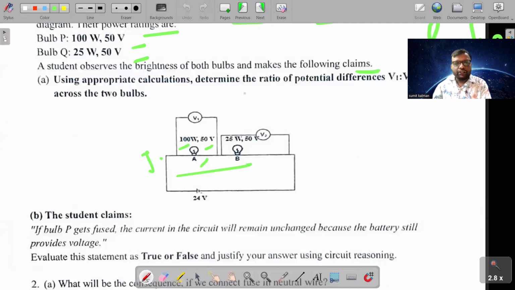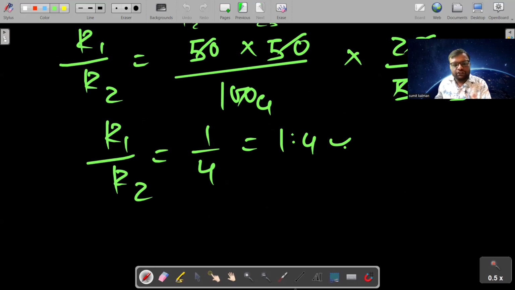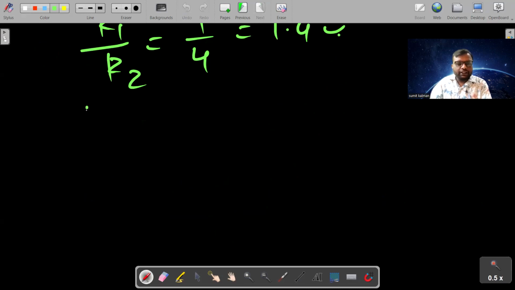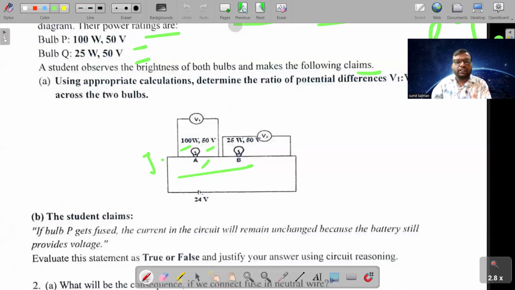Ratio of resistance R1, ratio of voltage is how much? So here we have got the ratio of resistance 1 is to 4, and students, your ratio of voltage V1 upon V2 is equal to R1 upon R2. So the ratio of your potential difference will be equal to 1 is to 4. This is the correct answer. Now, next,